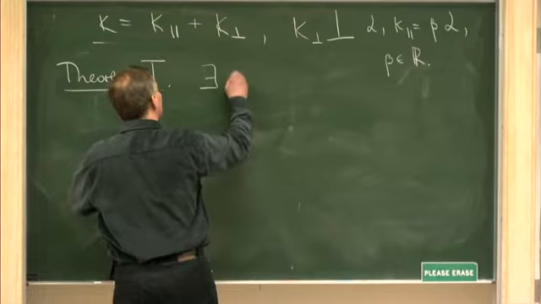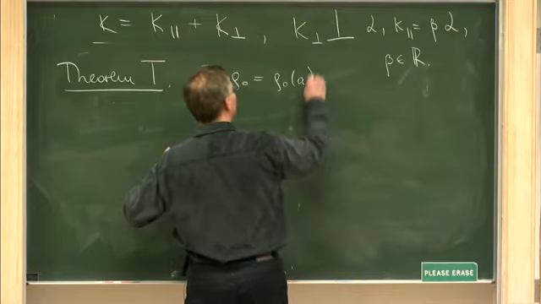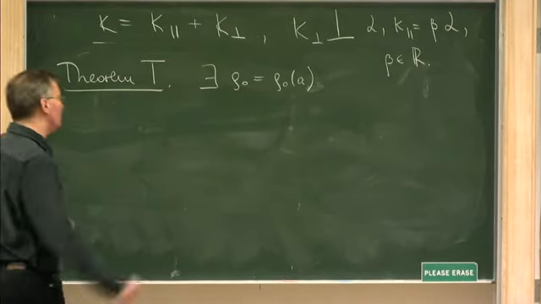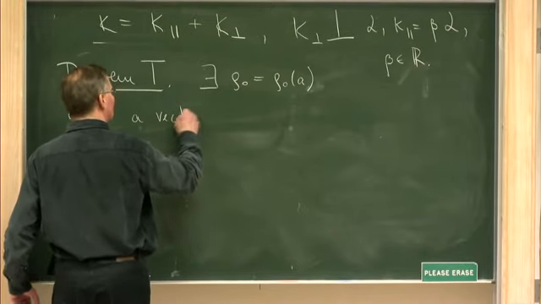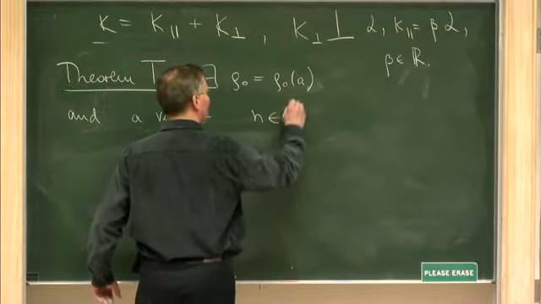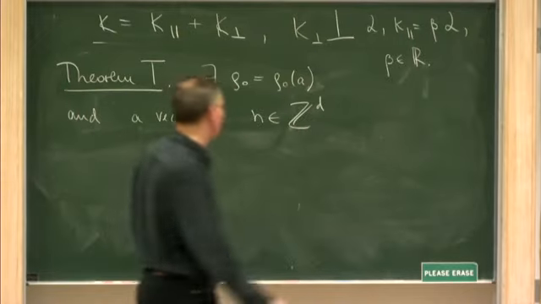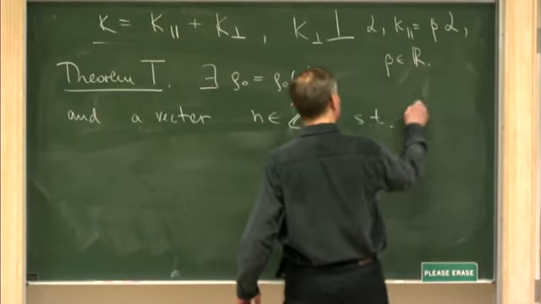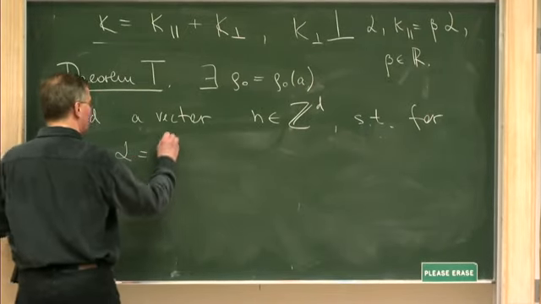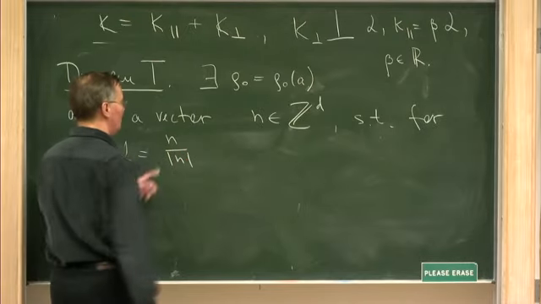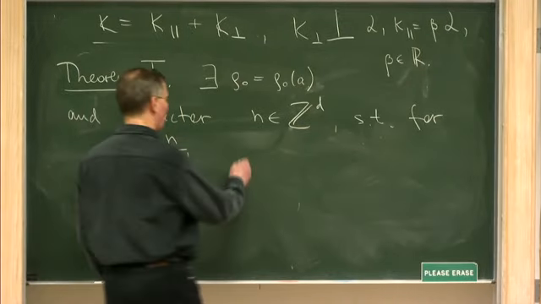There exists a number rho naught, which depends on the magnetic potential, and a vector of the dual lattice such that for the unit vector alpha defined as the direction vector of this vector of the unit lattice, one has